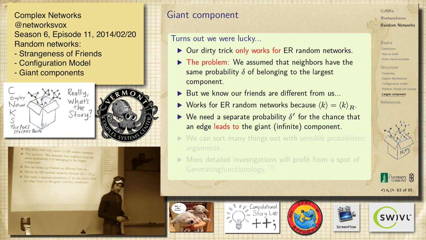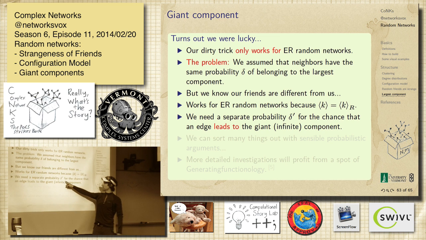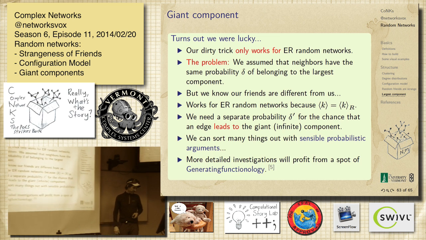We'll get to this later, but you actually need a separate thing. You need to think about another delta for what's the chance that your friends are not in the game. You have to think about a different thing. There's U because we're choosing by edge there and we're choosing by node, so you're not allowed to do it.